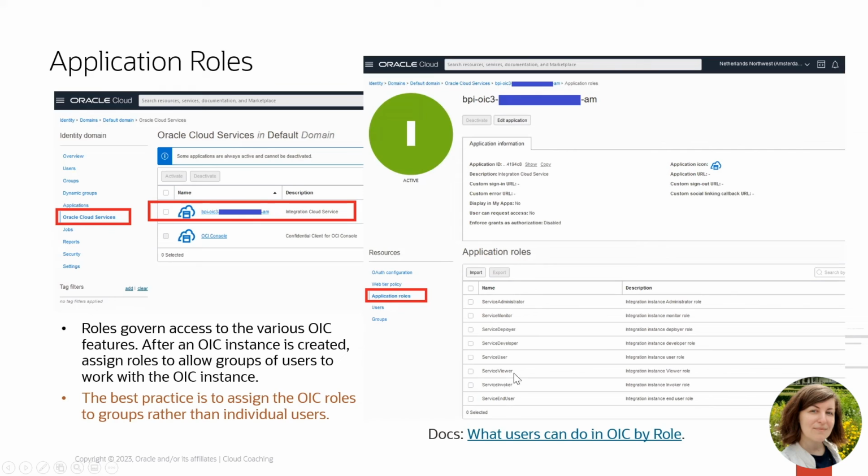The best practice is to assign these roles on a group level rather than on individual user level. You can assign one or more of these roles to one or more groups, and you can check the latest documentation to see the details of what each role is allowed to do in the various sections of OIC.